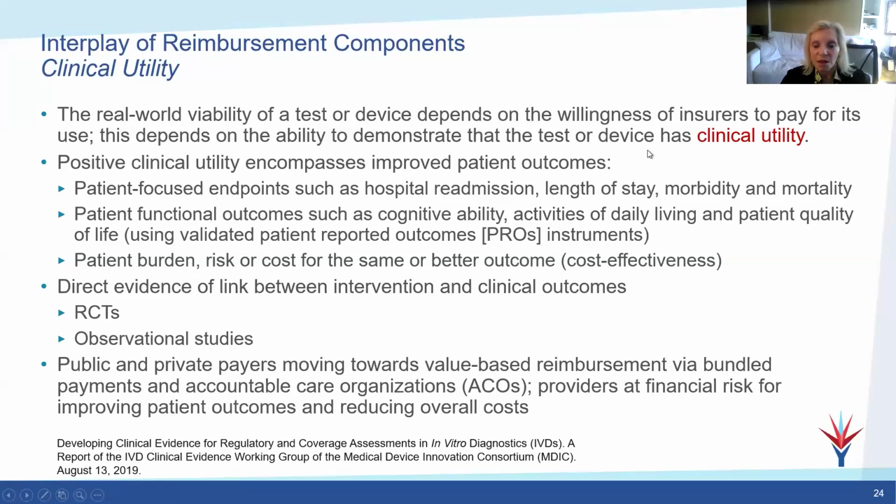And speaking of evidence, a key component is called clinical utility. And this is primarily of interest if you have a test or a device. Positive clinical utility encompasses improved patient outcomes. And you say, well, I don't have any of this information yet. I don't know about hospital readmission or length of stay, or I don't have evidence of my patients' improved activities of daily living. Well, while you go about developing that evidence using RCTs or observational studies, which could be prospective or retrospective,